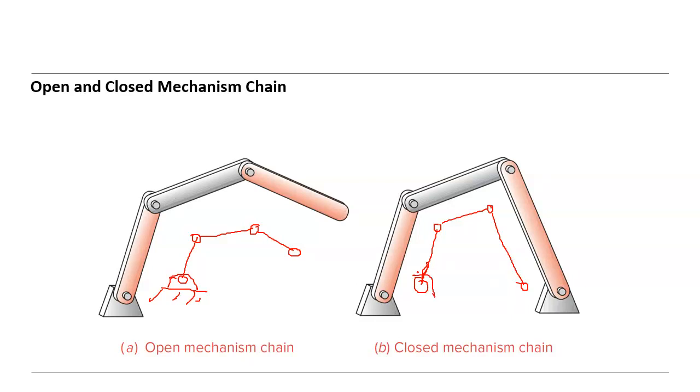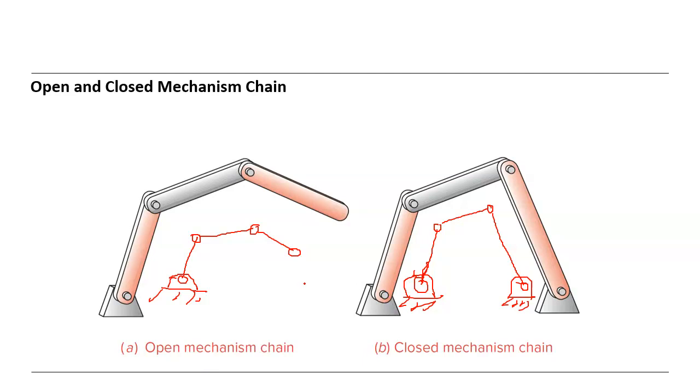So this is grounded. This is also grounded. So, and the grounded part. Okay, so this is open, this is closed. If one of the members is not joined and connected, then we say this is an open mechanism or open kinematic chain,